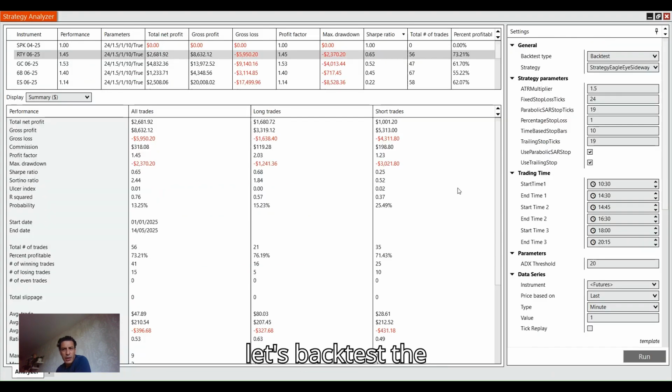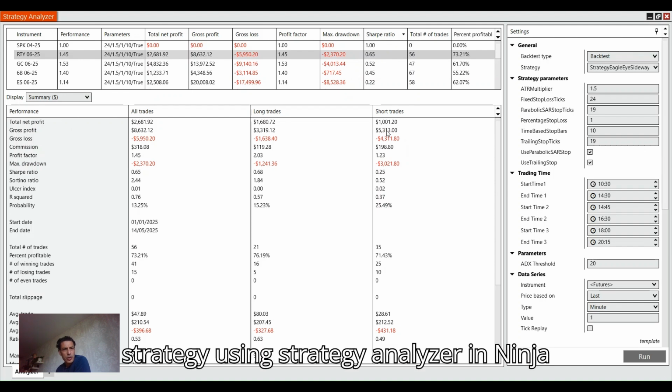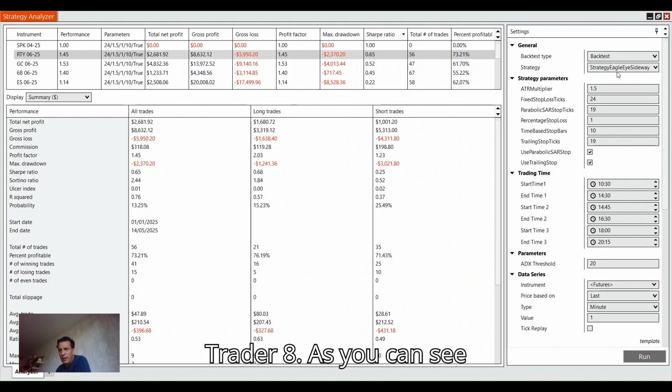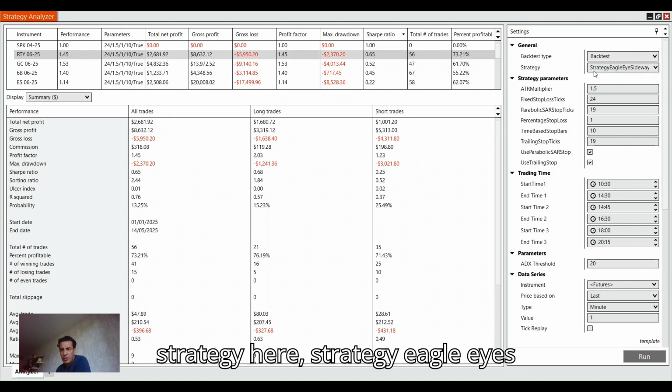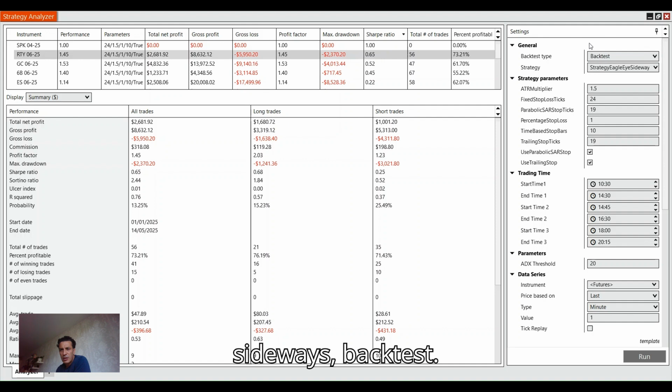So let's backtest this strategy using Strategy Analyzer in NinjaTrader 8. As you can see, the strategy here is Strategy Eagle Eye Sideways, backtest. I left the start time as 10:30 in the morning. That's all UK time. I just try to avoid the busiest time between the London session and the US session, but it's up to you